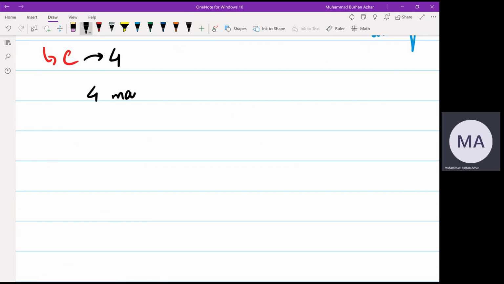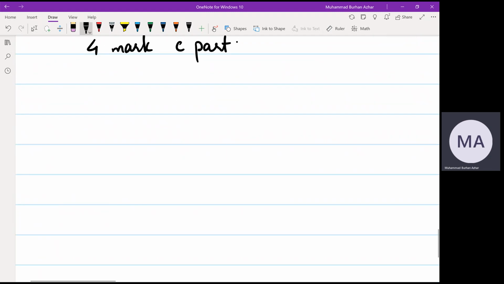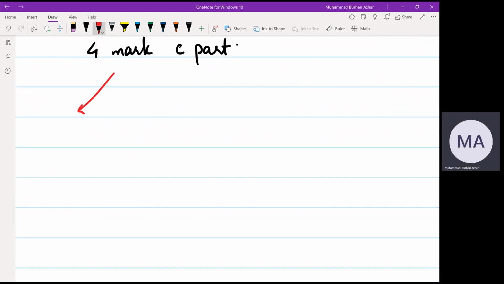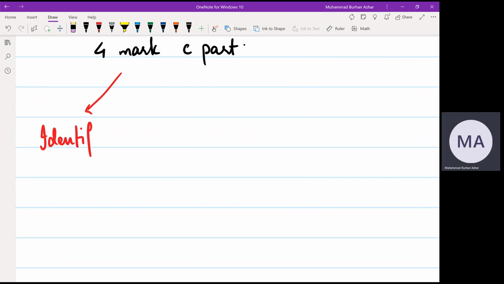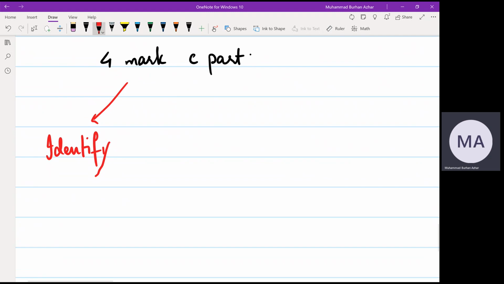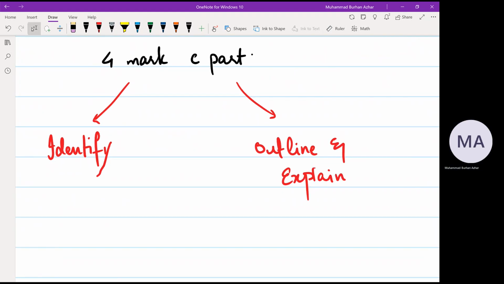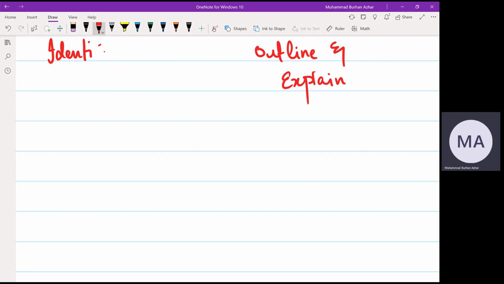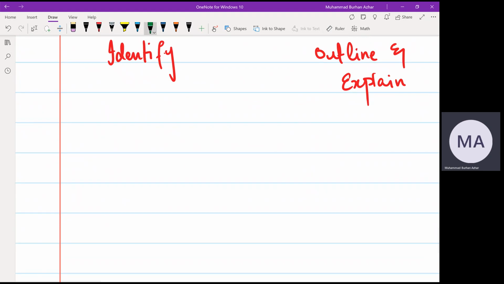So a 4 mark C part question के दो variations होते हैं. First variation is identify something, and the second variation is outline and explain का question. Outline and explain वाला question. So जो identify का question होगा, it will basically ask you to identify 4 of some things. Let's say question is identify